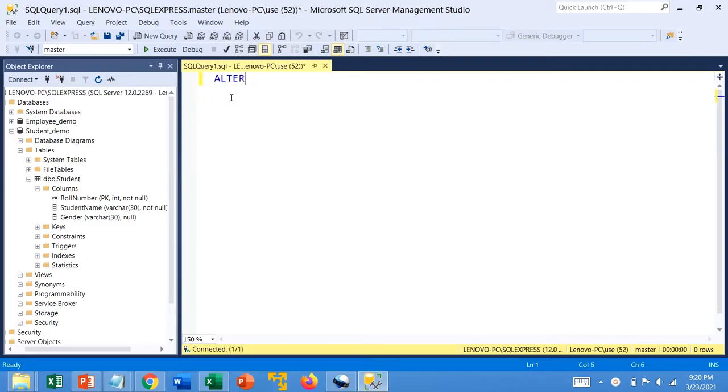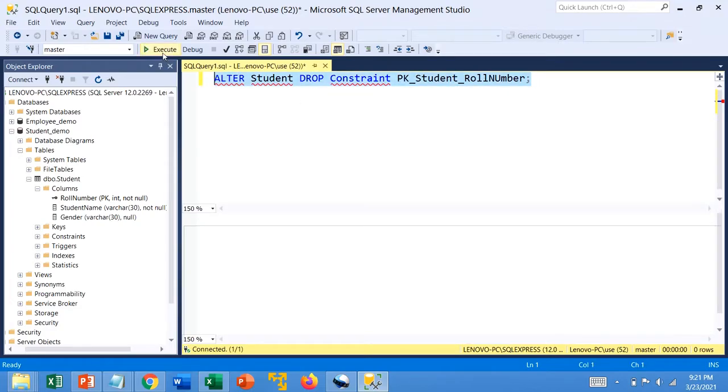Syntax is alter table name, which is student, drop constraint, and name of constraint, as we can recall, pk underscore name of table underscore name of column. Now let's try to execute this query.